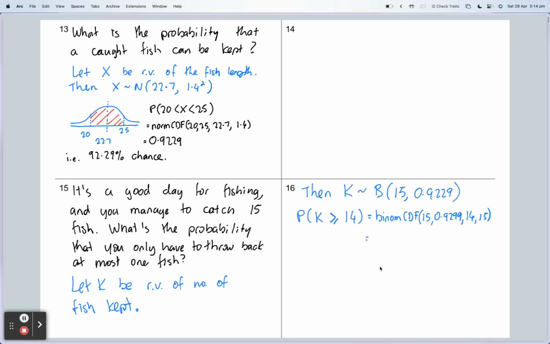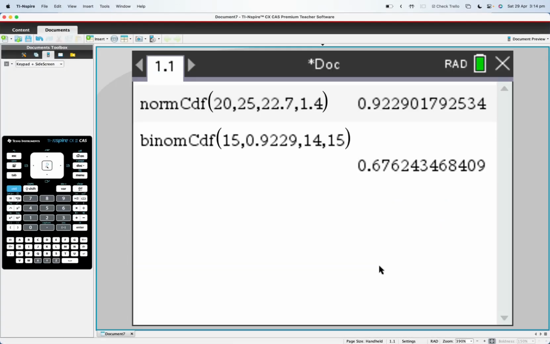But in our bookwork and in our tests, we're going to write that line down so that your teacher can see if you're making any mistakes. E.g., maybe you wrote binom PDF instead of CDF. Okay, so anyway, I've got binomial CDF, and then we've got the answer, which is